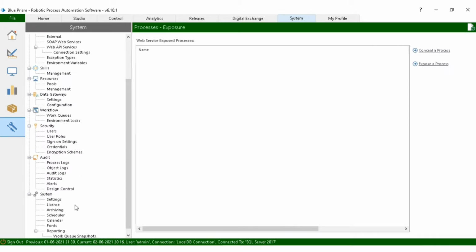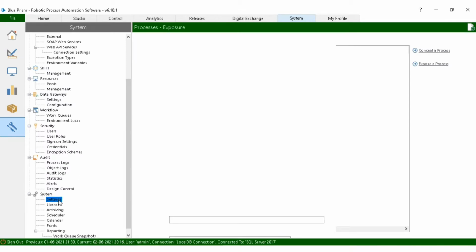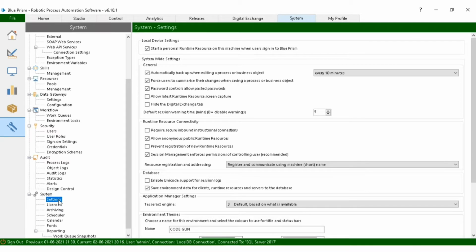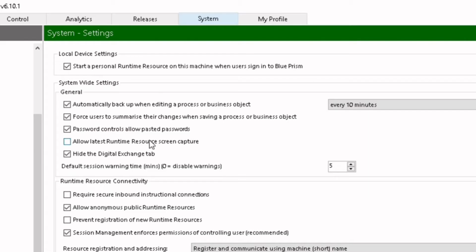Let's go to the system tab, click on settings, and here on the right side you can see an option to hide the digital exchange tab. As soon as you check this box, this tab will disappear. Check this box to hide the tab and uncheck this box to show the tab. So this is how you can remove the tab and add the digital exchange tab to your Blue